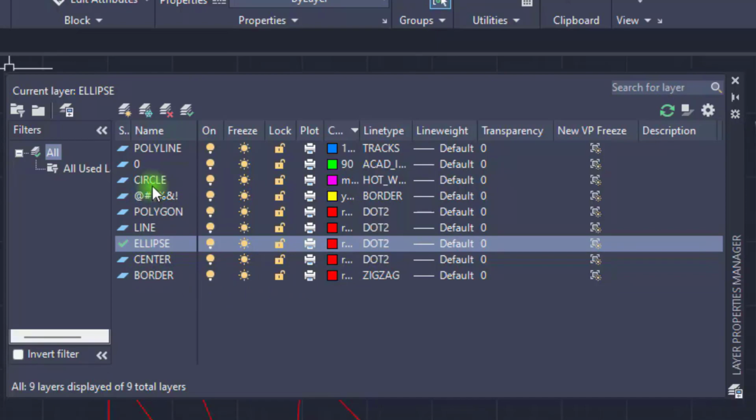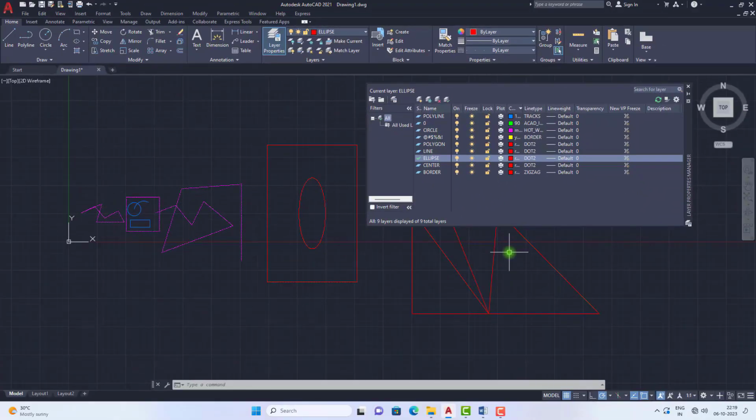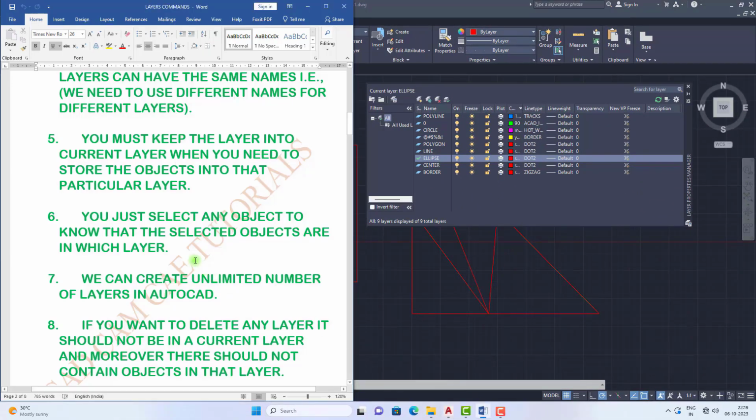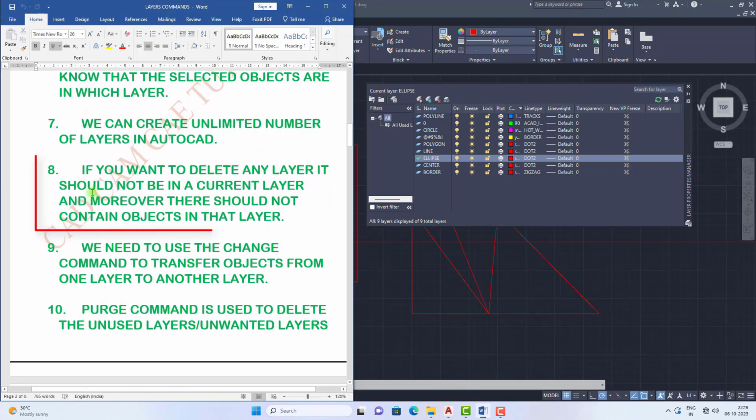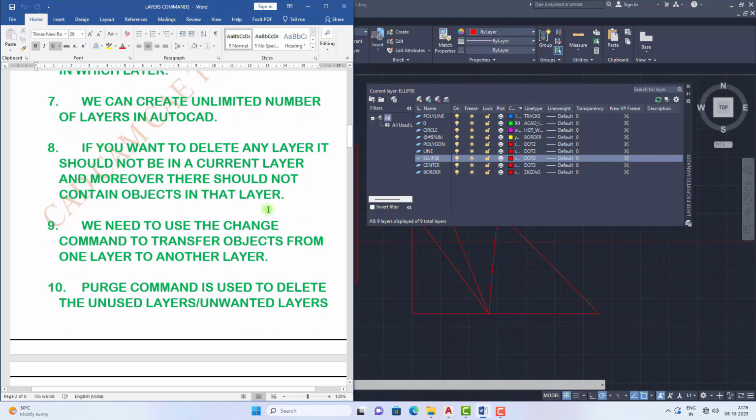If you want to delete any layer, it should not be the current layer, and moreover there should not be objects in that layer. You need to remember this point while deleting any layer: that layer should not be the current layer, and there should be no objects contained in that layer.